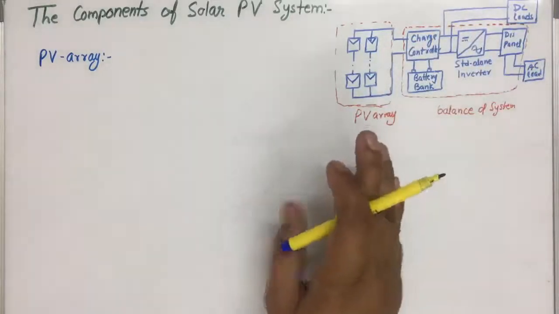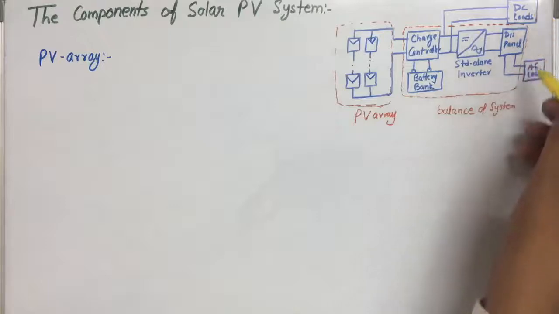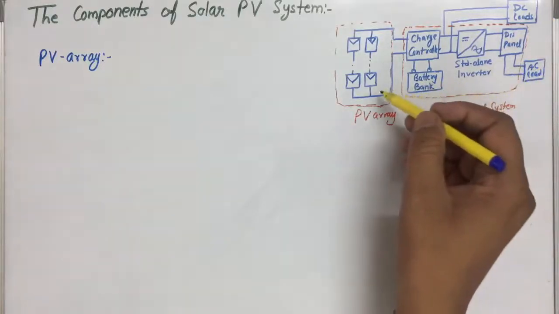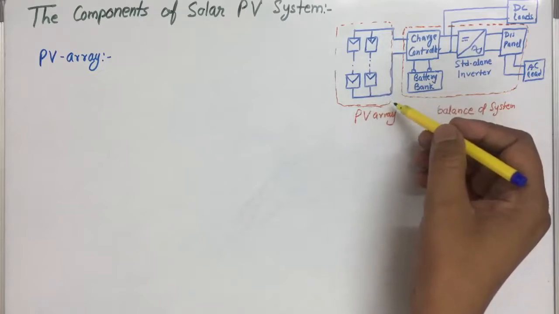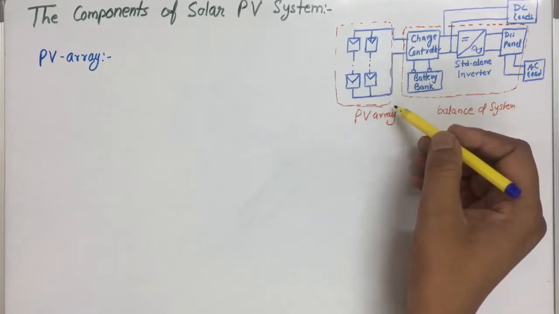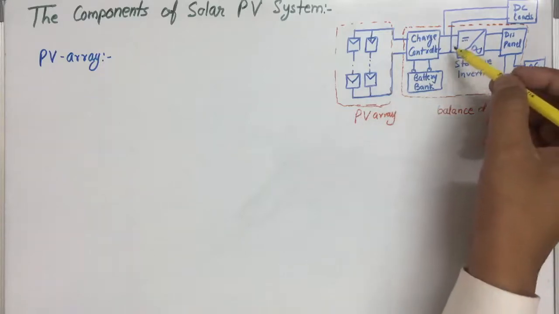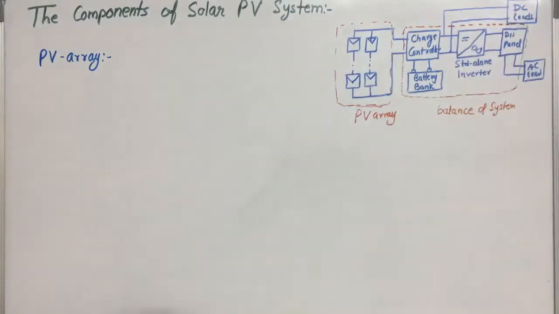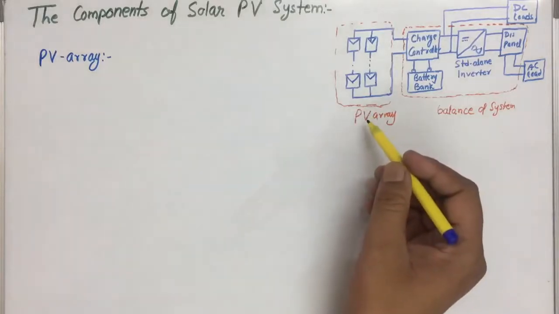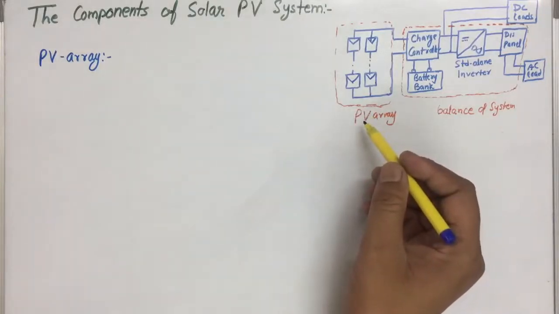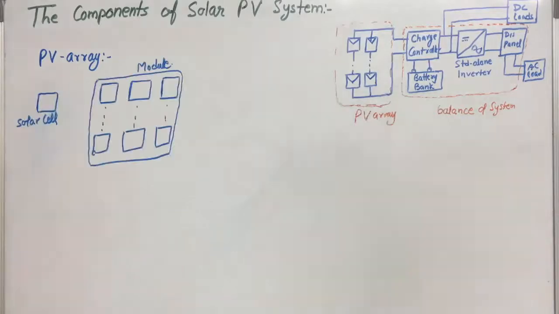It is not only able to meet the load demand, but it also generates the power, and if that power is in excess, then the excess power can feed to the grid as well. So the PV array generates power for the load as well as to inject in the grid.